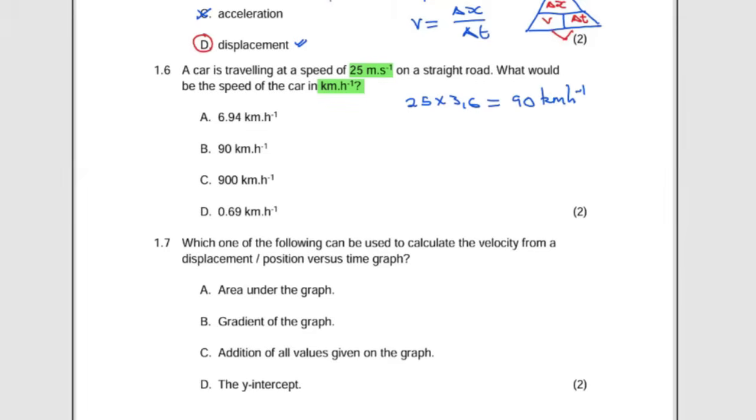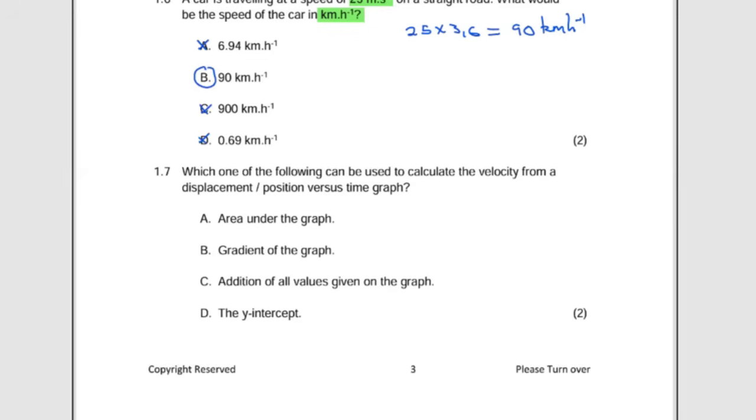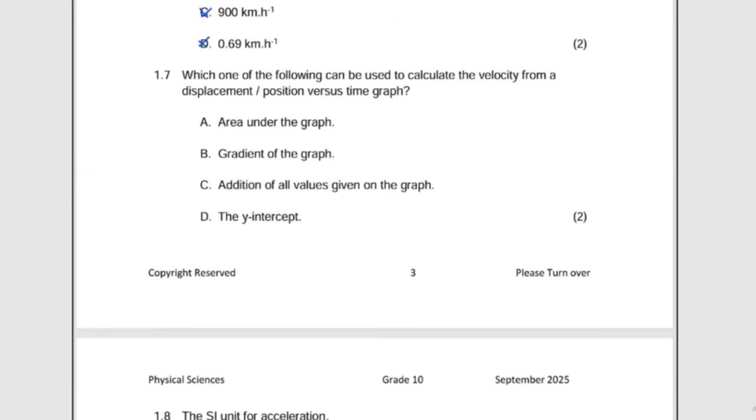So our answer there is going to be option B, which is 90 kilometers per hour. The rest are incorrect. Then we proceed to question number 1.7, which reads: which one of the following can be used to